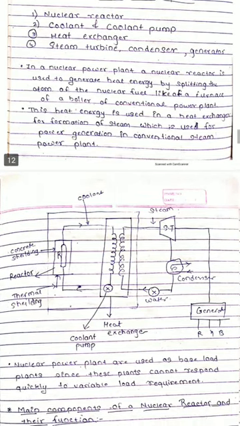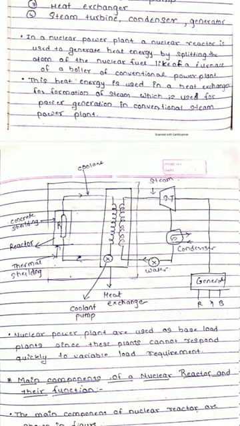So basically we know that the nuclear power plant is used as a base plant, because peak plants require fluctuation and variation and a quick response to the variation in the system. But a nuclear plant cannot respond quickly to variable load requirements, therefore it is always used as a base plant. Now we will see the main components, where the reactor consists of thermal shielding and a concrete shield.